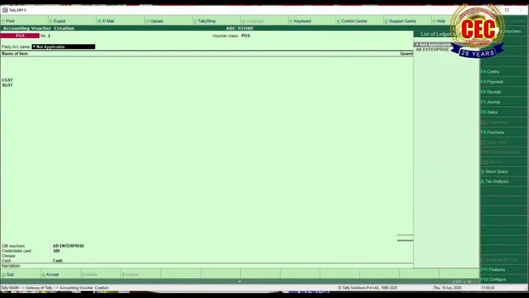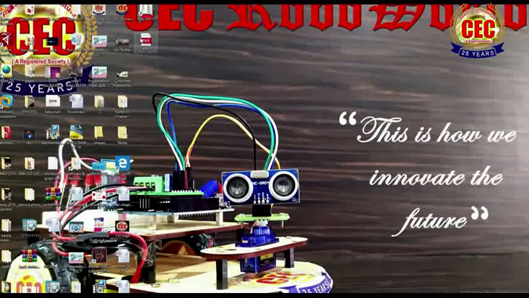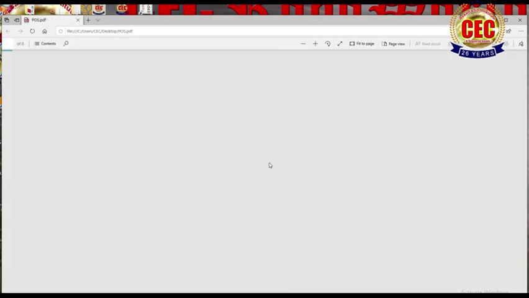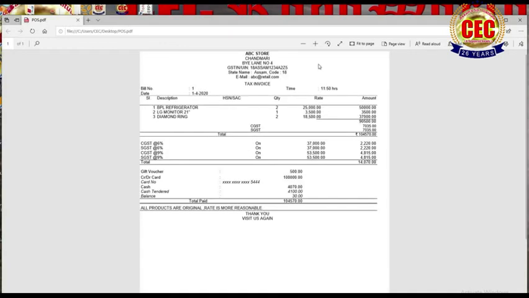See, the output should be like this. This is your, that means this is the customer's bill. So here define CGST as GST.